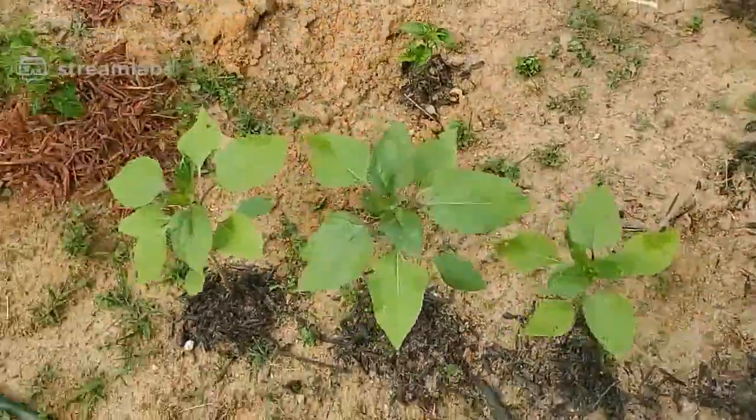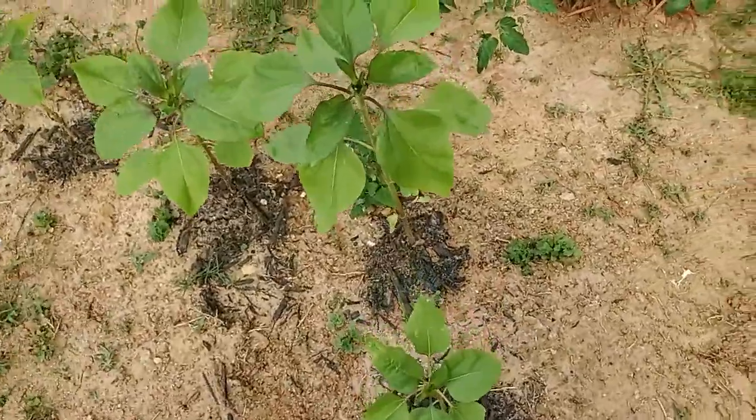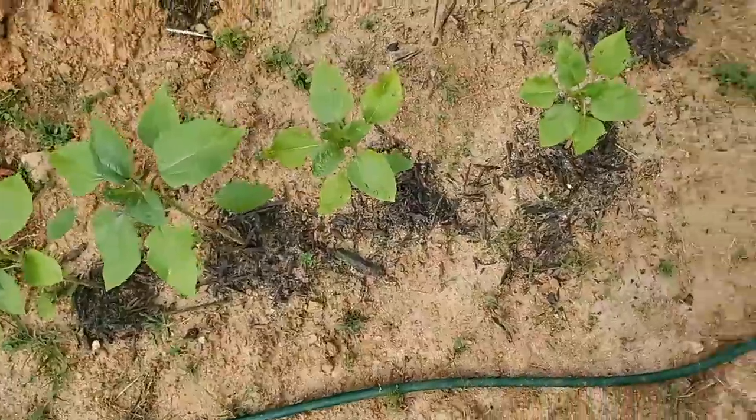But these are my sunflowers. You see them? I lined the perimeter with, look at this. The pepper patch is lined with sunflowers. Lined with sunflowers. And what you want to do, you want to strategically plant them, because also plants like marigold,